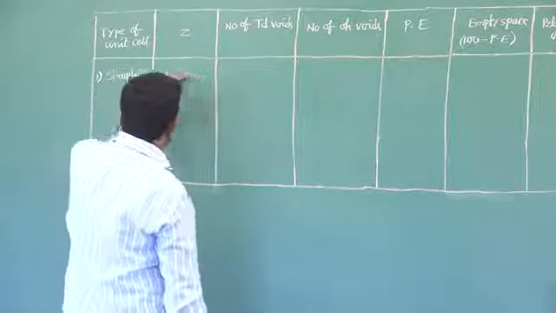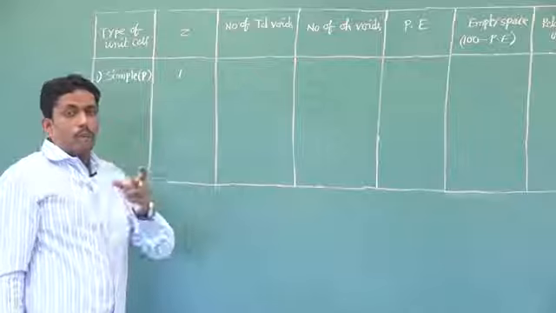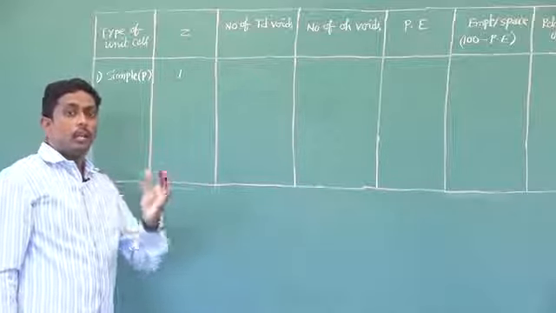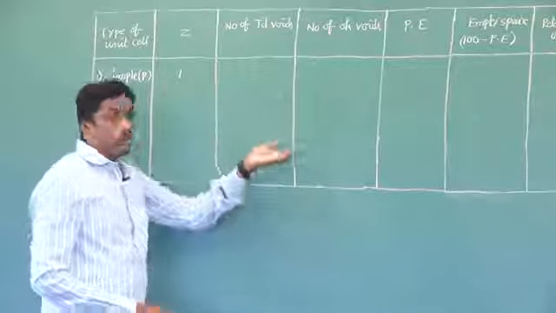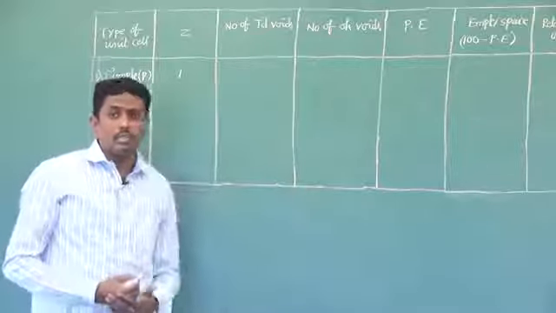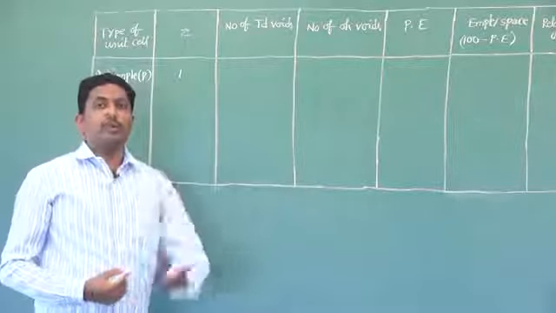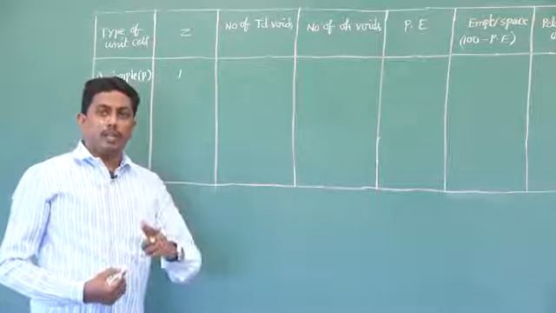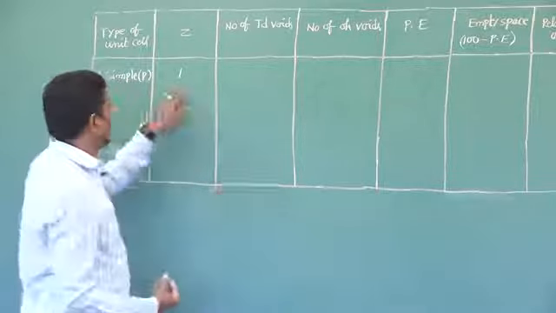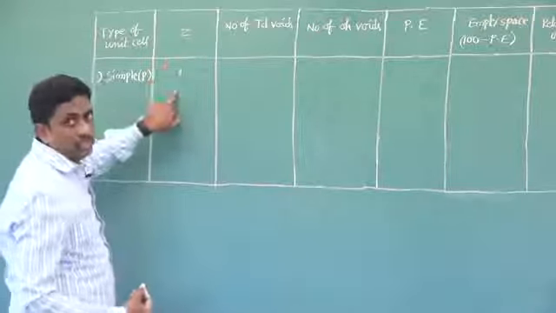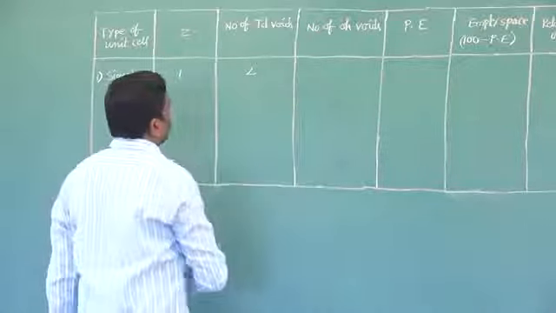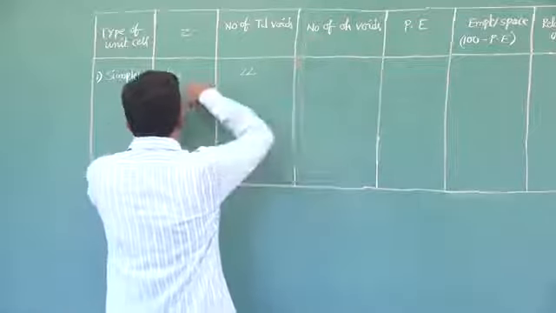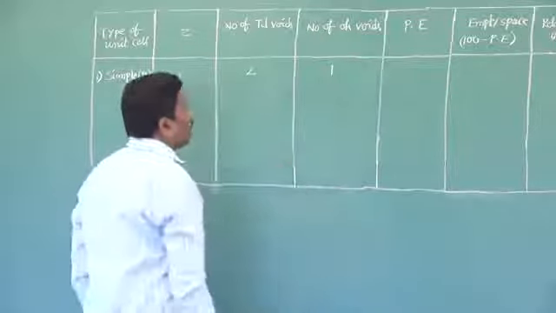If Z value is 1, what does it mean? One sphere or one particle present per unit cell. And I already said the number of tetrahedral voids and octahedral voids: for every one sphere, 2 tetrahedral voids, and for every one sphere, 1 octahedral void. So here one sphere is there, means one particle is there. So the number of tetrahedral voids is double, 2 tetrahedral voids. Number of octahedral voids equal to Z, so that is 1 octahedral void.